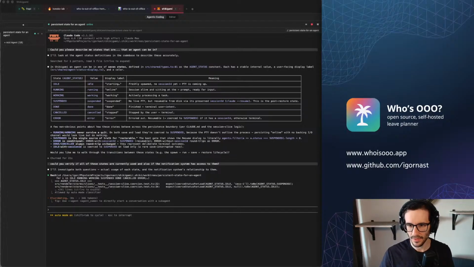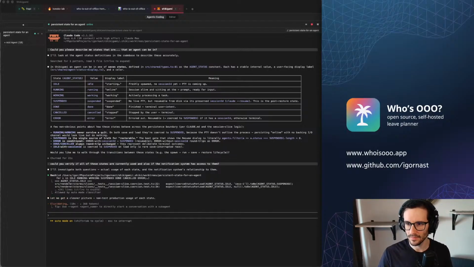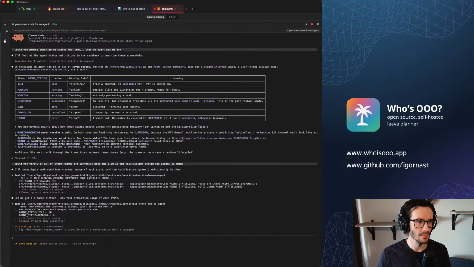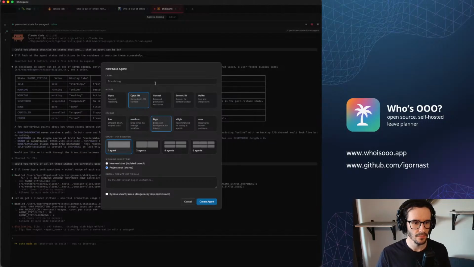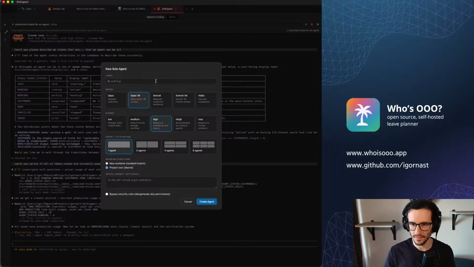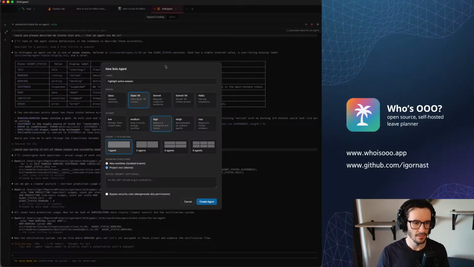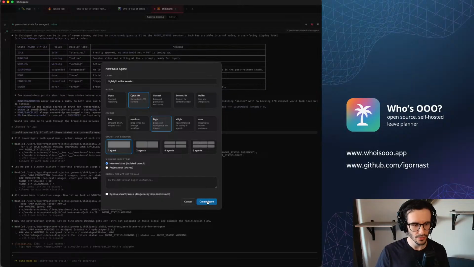Okay, and in the meantime, let's start another session for the highlighting active session, with a dedicated work tree.